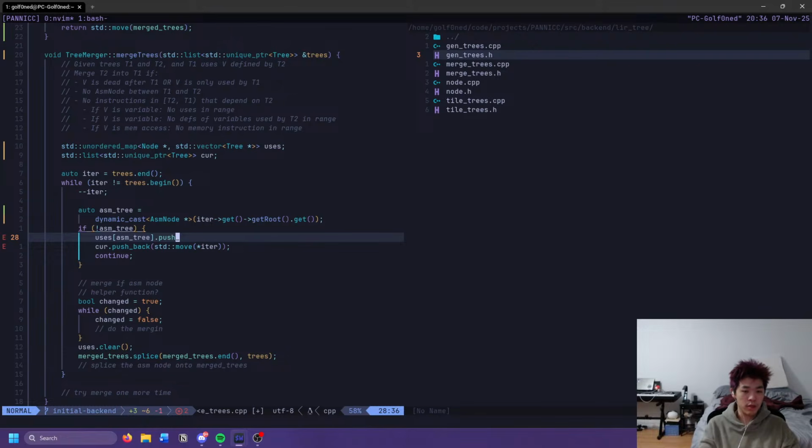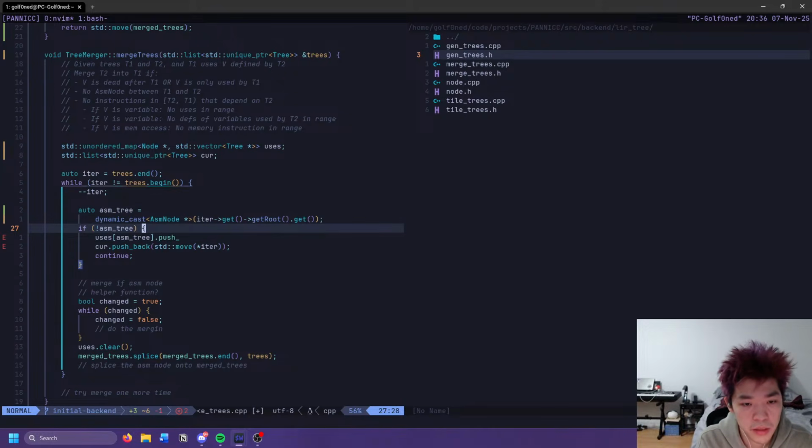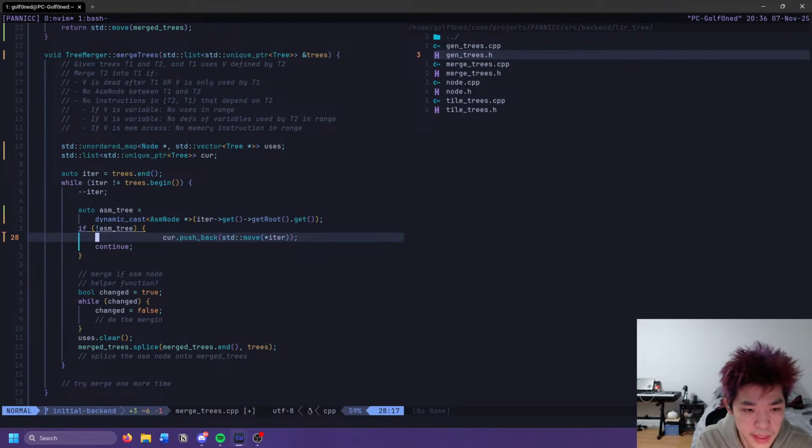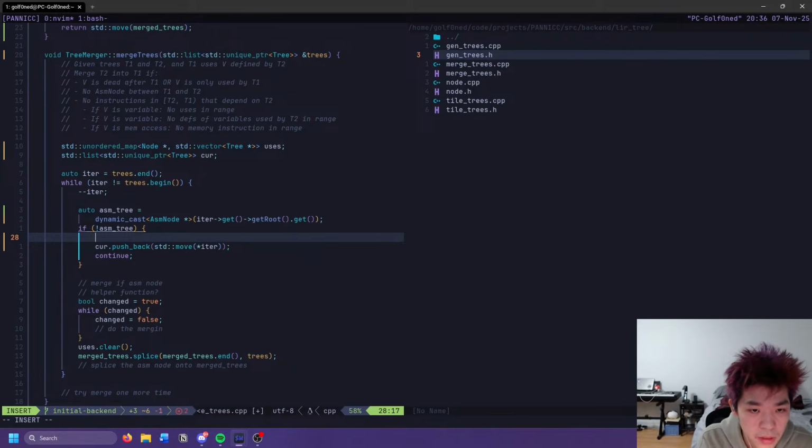Yeah, it uses all of the leaves, right? Wait, no. Which direction do we want to go? Oh, is used by. Okay, so we want to push back the tree from the leaves. Right, so for auto leaf in, or we can just do node in